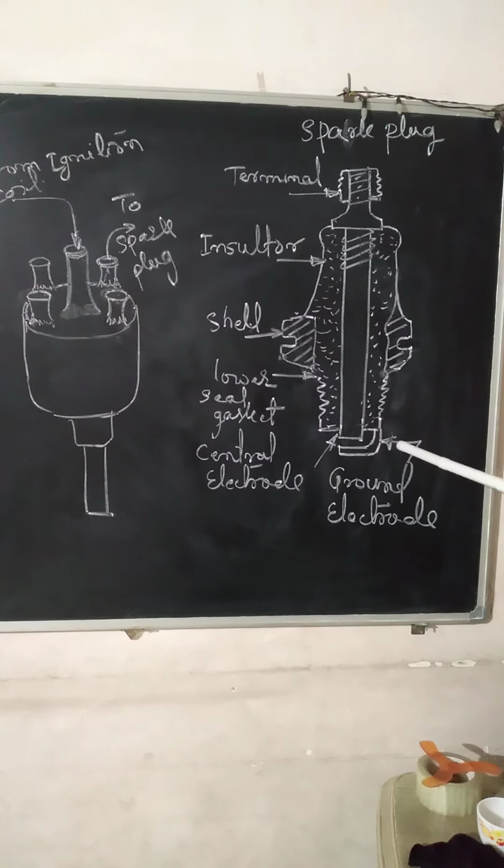As a result, a spark is generated over here. The higher the voltage, the better the spark generated. The better the spark generated in the combustion chamber, the better the flame travel. With maximum intensity of the spark in the combustion chamber, you will be able to initiate the flame properly. The flame will be traveling from the spark plug. So that is how it works. This is the part of the battery ignition system: the distributor and the spark plug.